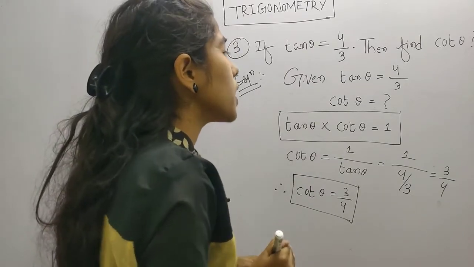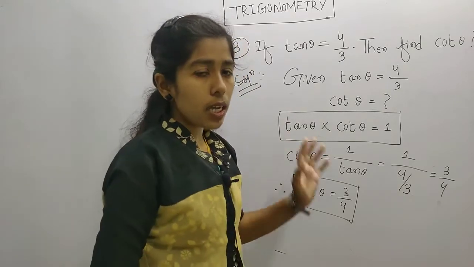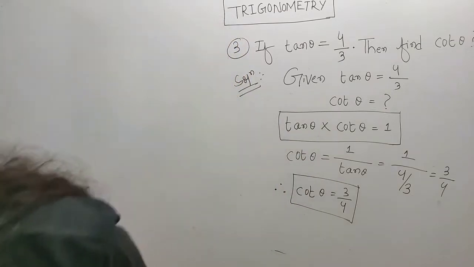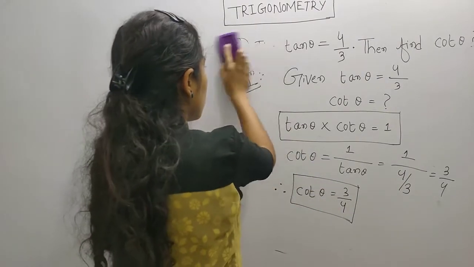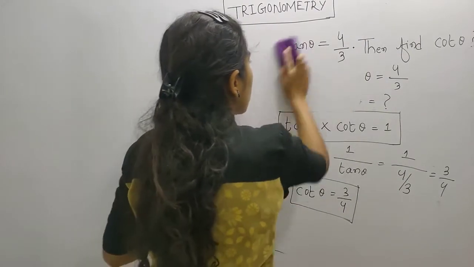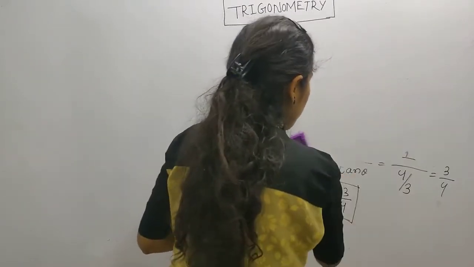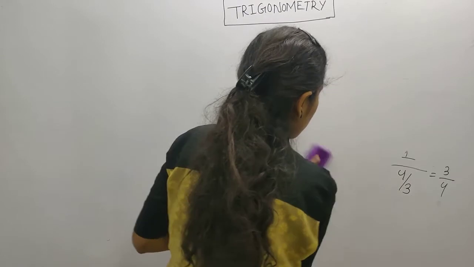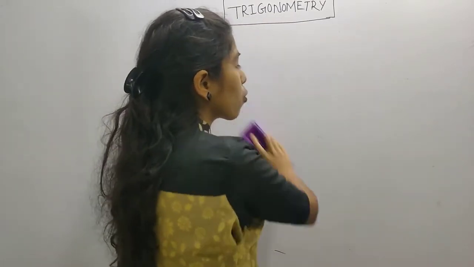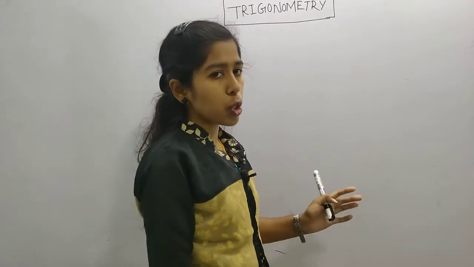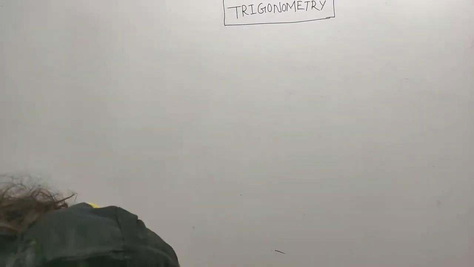So, these are 1 mark or 2 mark questions. You can easily learn this. Next. So, normally this is one type of question, an easy question regarding reciprocals. Now, another type is